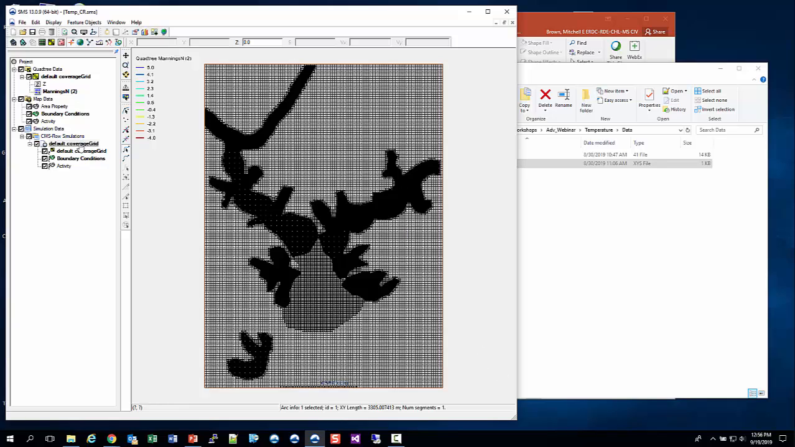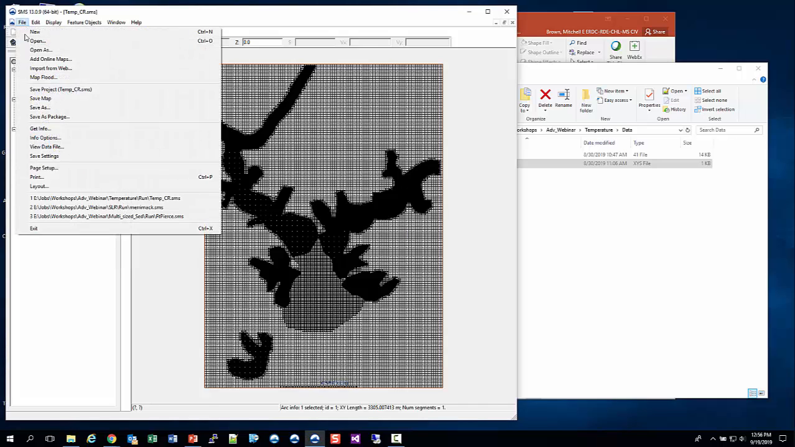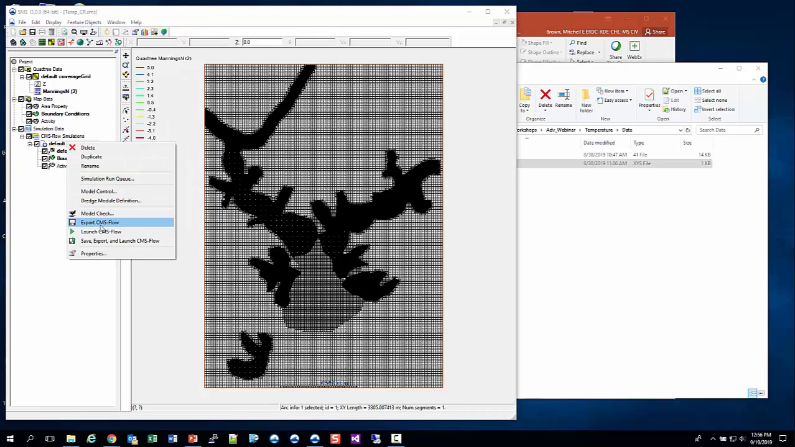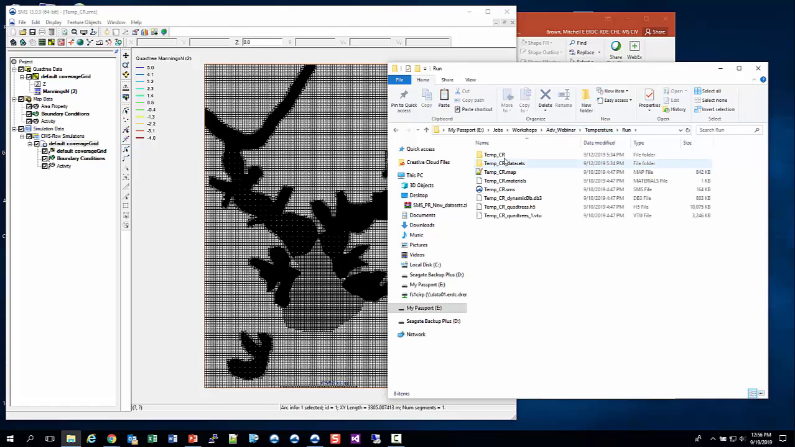Again, you either right-click this one, and then save, export, launch CMS-Flow. Or you can save the project first, and then export CMS-Flow, and then launch CMS-Flow. And I think here